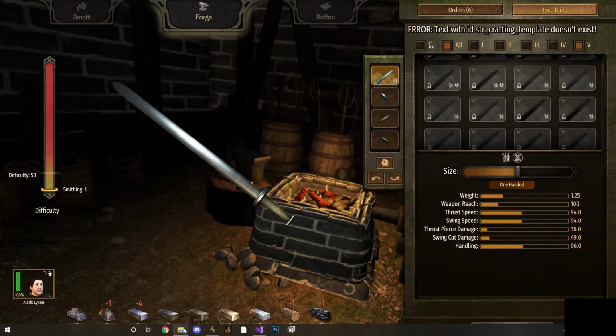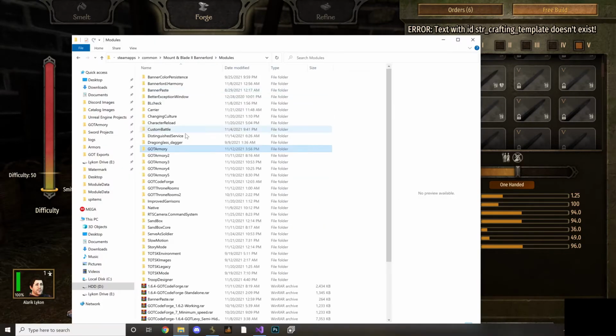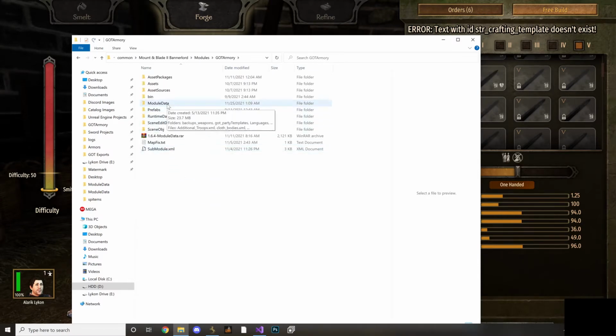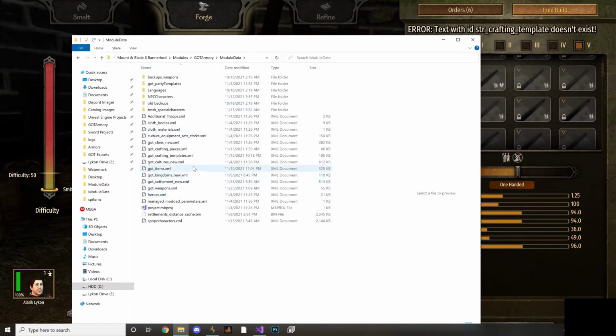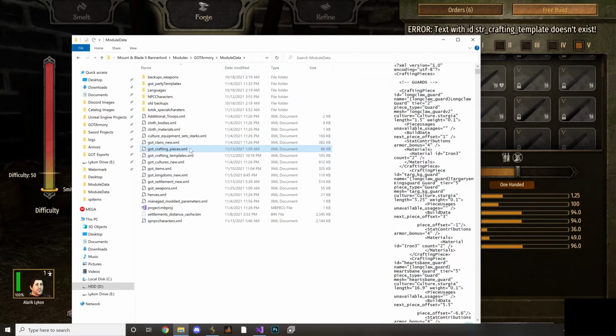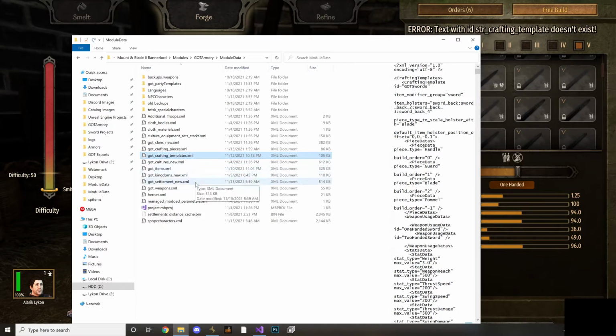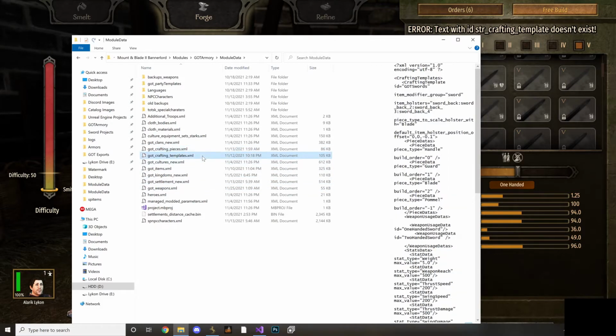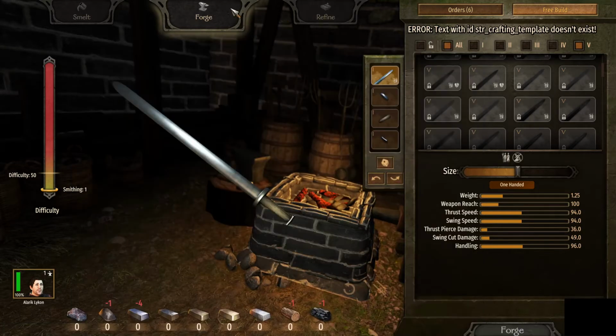So for instance, let's see what we got here. Where did I put this? Yeah. Okay, so for our mod, there are the GOT crafting pieces, GOT crafting templates, and then the GOT weapons. So like I mentioned before, there's all my custom crafting pieces, and the template that I specifically want them under, which is this right here,